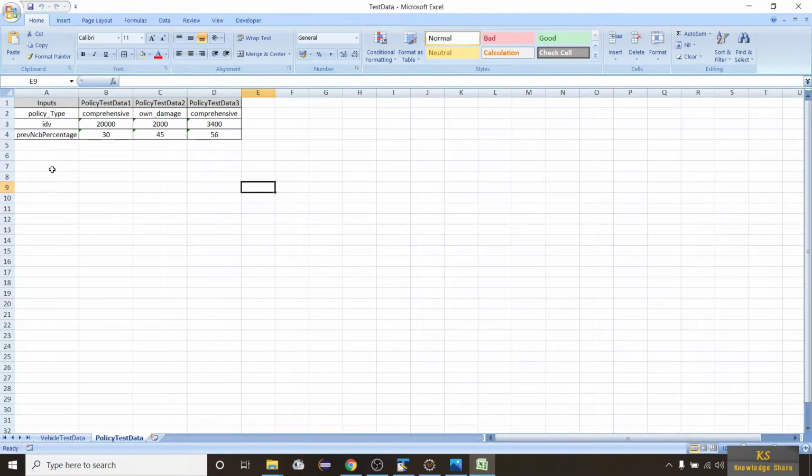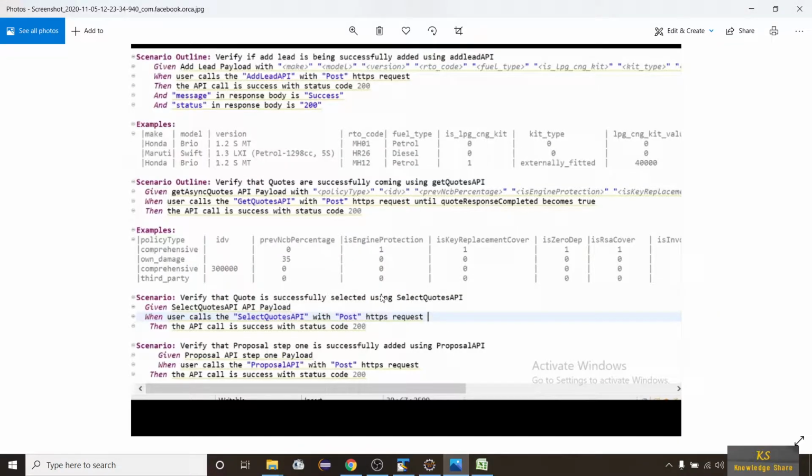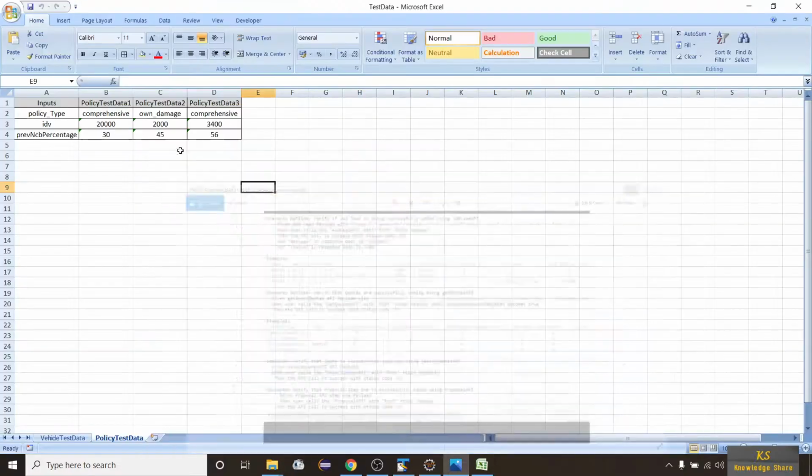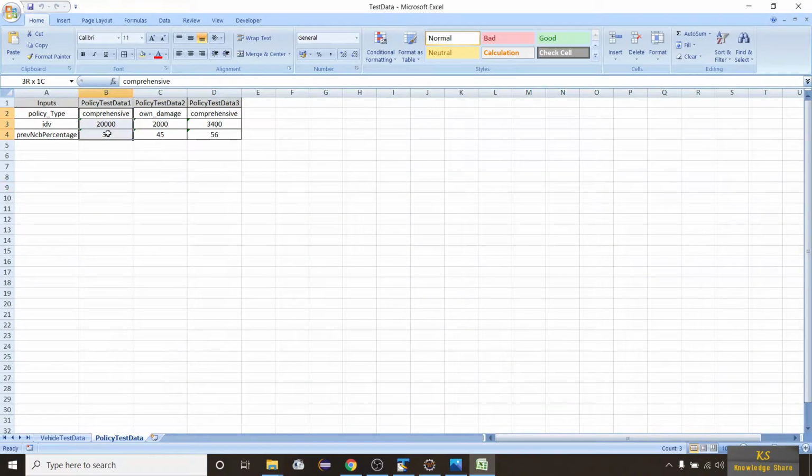And the same way the policy data, comparing to your scenario: policy type, IDV, pre-NCB percentage. I just took three columns. You can extend your code, and all the data which is present here is present here as well. Comprehensive, and this thing, own damage, comprehensive.